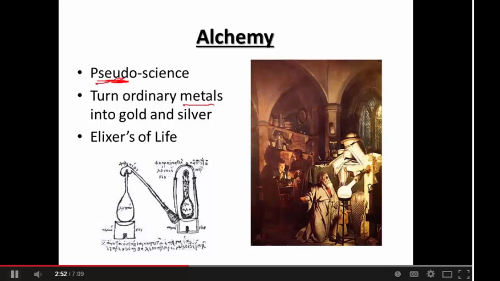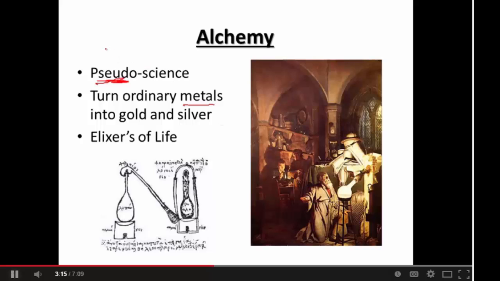Alchemy really focused on turning metals into gold and silver metal, which are more desired, I guess. They worked on making chemicals like the elixir of life, which is supposed to prolong life or make you feel more youthful. And essentially, alchemy was a pseudoscience because it was more just let's mix and see what happens kind of thing. Now, not all alchemy was that way.